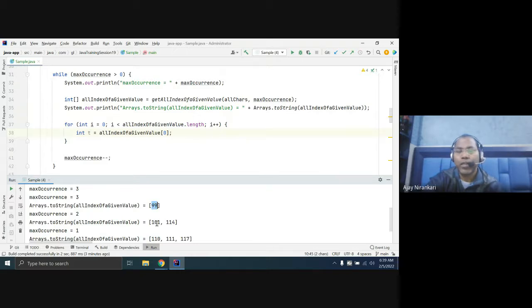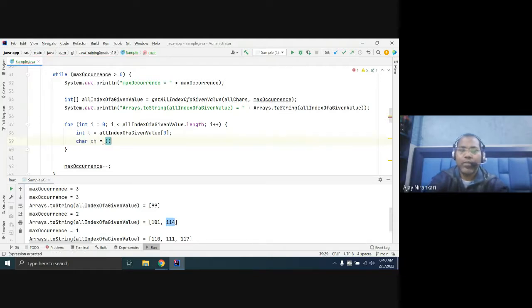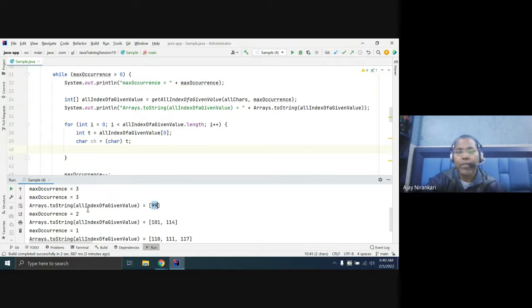In the case here, you are getting first time 101, next time 104. So this is the index, and how do you convert the index to your character? Simply char ch equals typecast to char, and you get the actual character. But you know that here for 99 I print 3 times, 3 means your max occurrence.